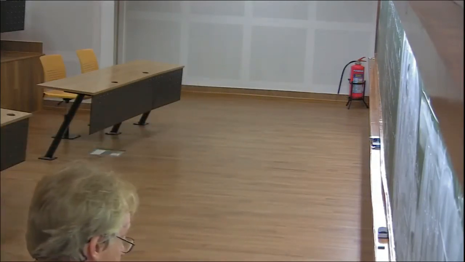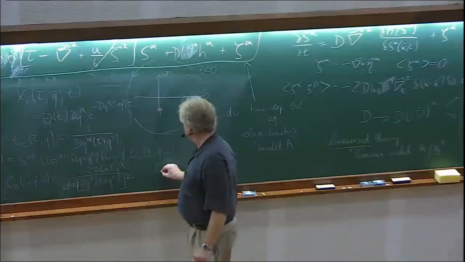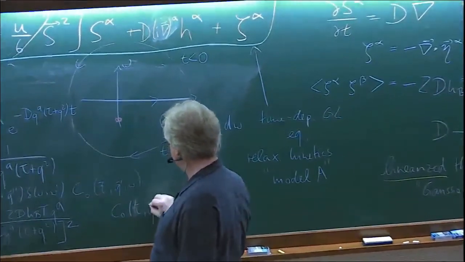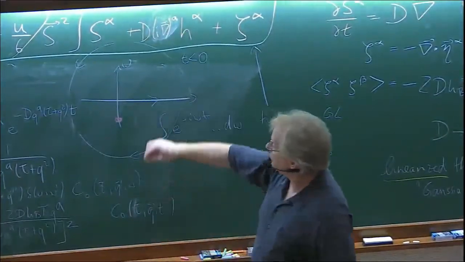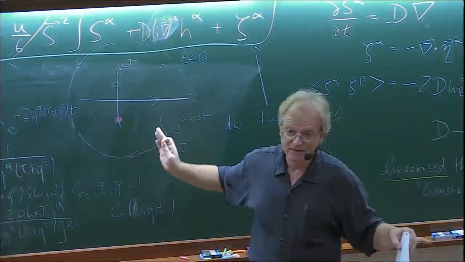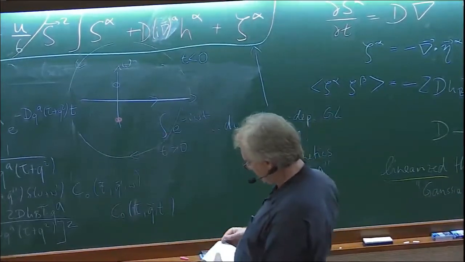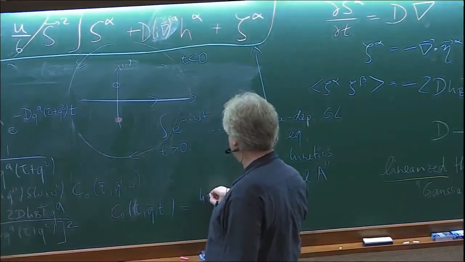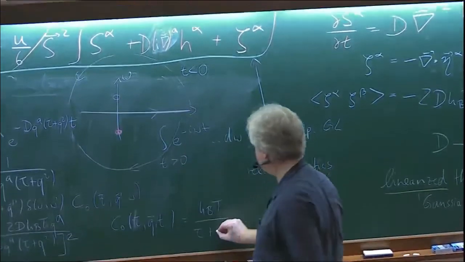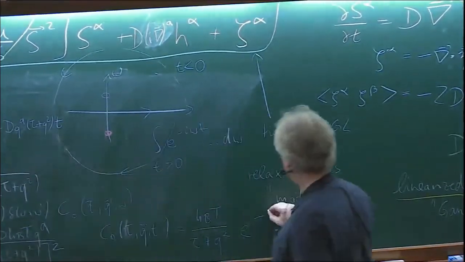And the static correlation function will just be this tau plus q squared. Let me write down the time-dependent ones just so we have it, but not derive it. This will have two poles. We'll have a pole here and there. You can pick either direction. There's no causality. You get contribution from either of these poles, combine them, and you end up with AT, which comes from the Einstein relation, tau plus q squared, and you get the same type of exponential.